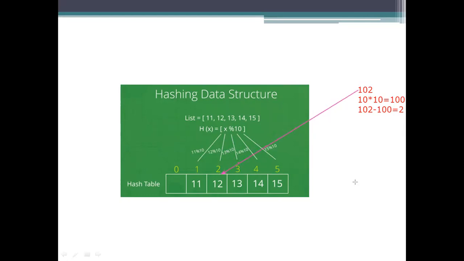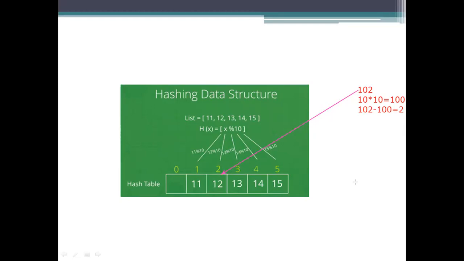And if any other value gives a remainder of 3 or 4 or 0 or 1, and you are allowing access like this, what happens is that multiple values end up using the same storage space.